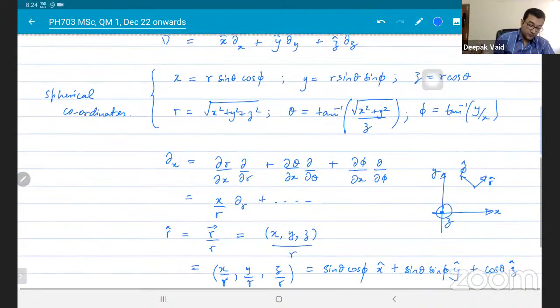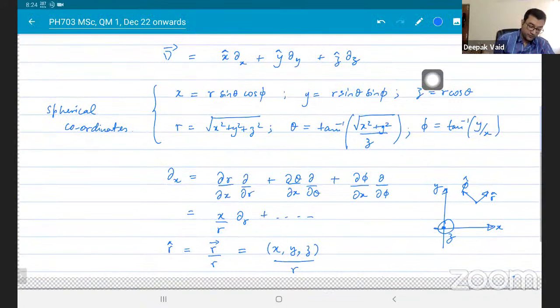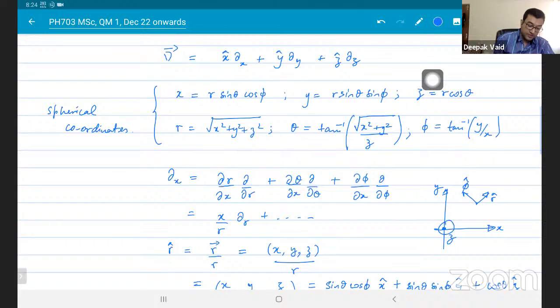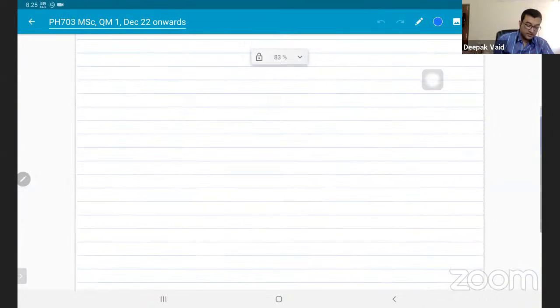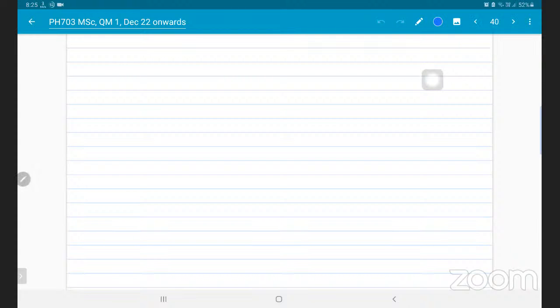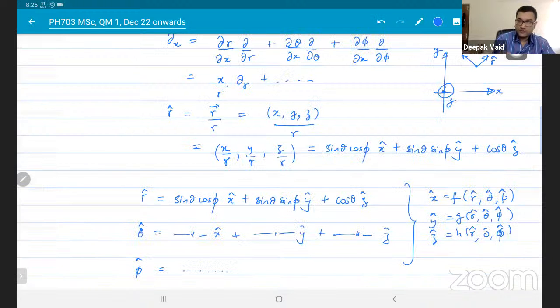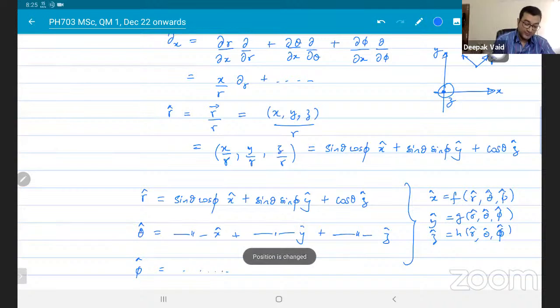So what you do now is substitute these expressions in for x̂, ŷ, and ẑ, and likewise substitute the expressions for the partial derivatives for ∂x, ∂y, and ∂z. It's a long and tedious calculation, but everybody has to do this calculation in their lifetime. So can you all do this on your own? Yes, sir. Okay, this is very important. There's really no substitute. You have to do it on your own, unfortunately. This is just one of those things.